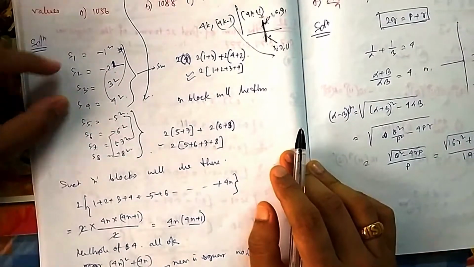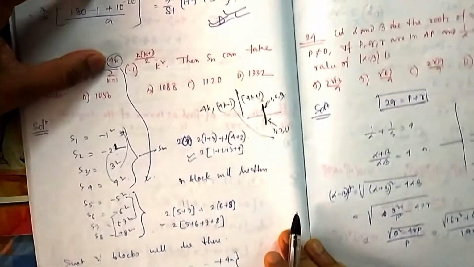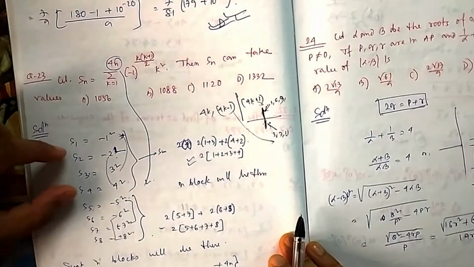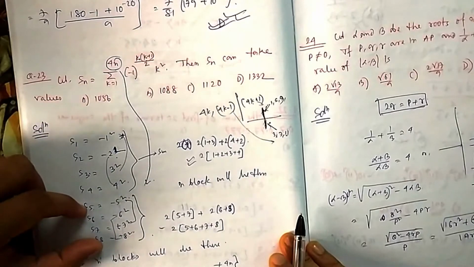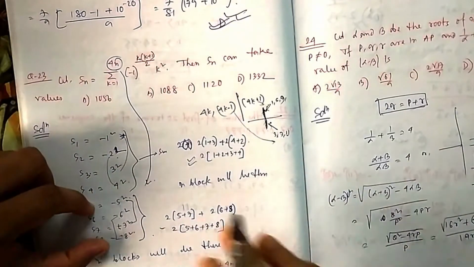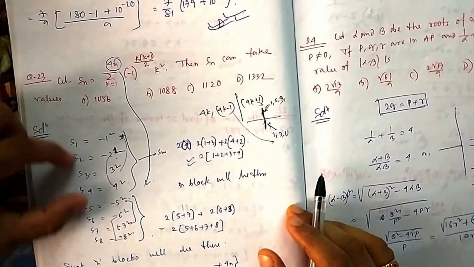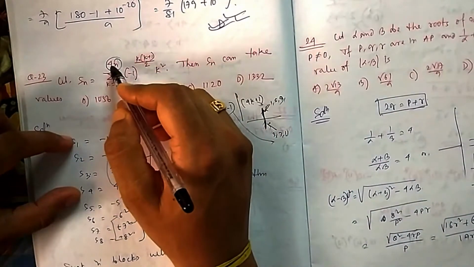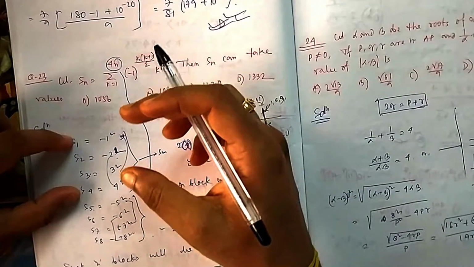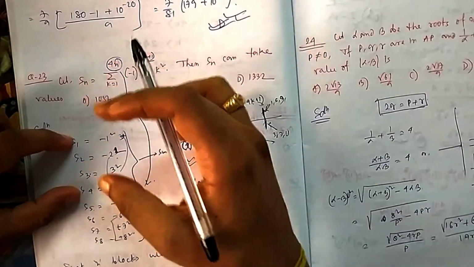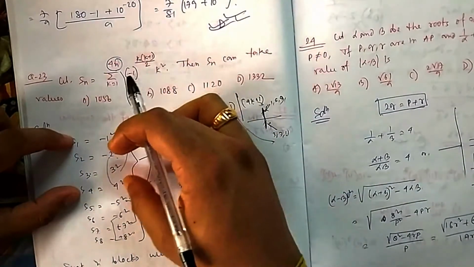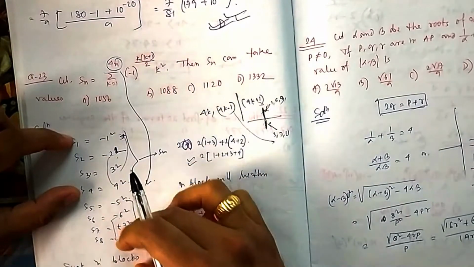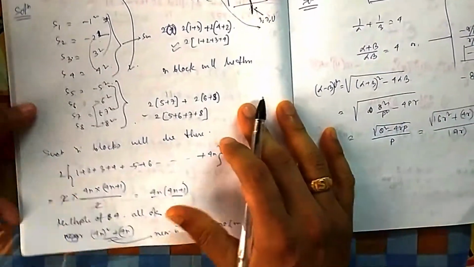So how many blocks will you get? You have to go up to 4n. If you are taking 4 in one block, that means this type of block you will get n blocks, because it is a multiple of 4. So you are getting it because it is 4n. Suppose n equal to 2, you will get 2 blocks of 4, 4. If n equal to 3, then you will get 3 blocks, 4, 4, 4 up to 12. So that is the idea.